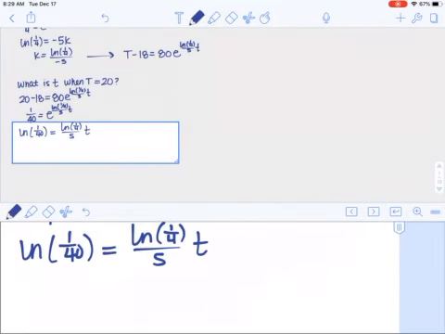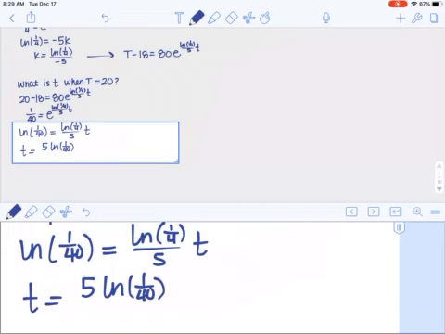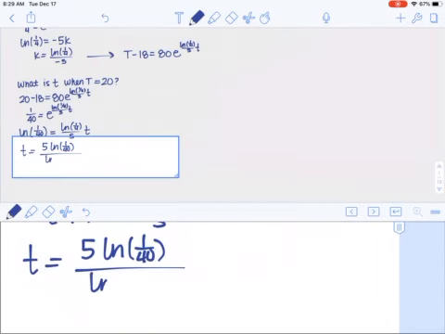Okay, if I'm going to solve for t, that means I'm dividing by the natural log of 1/4 over 5, or that's the same thing as multiplying by the reciprocal. And so you might see 5 ln of 1/40th divided by natural log of 1/4. It would be the exact same thing. You can prove it to yourself in the calculator, which would be